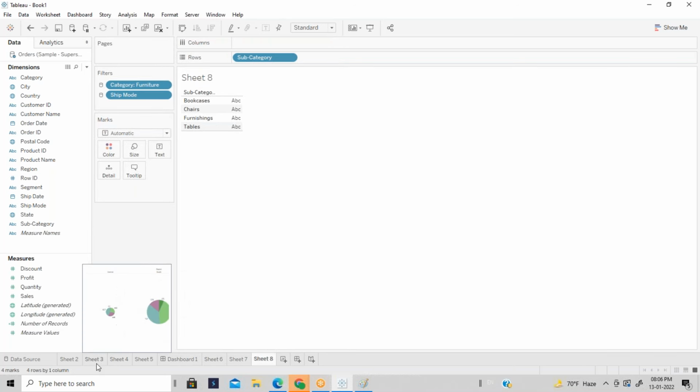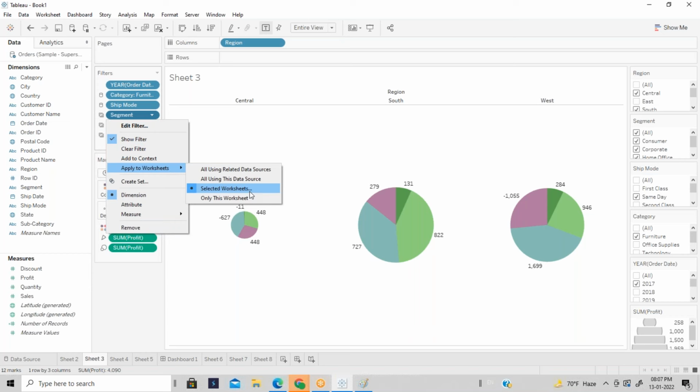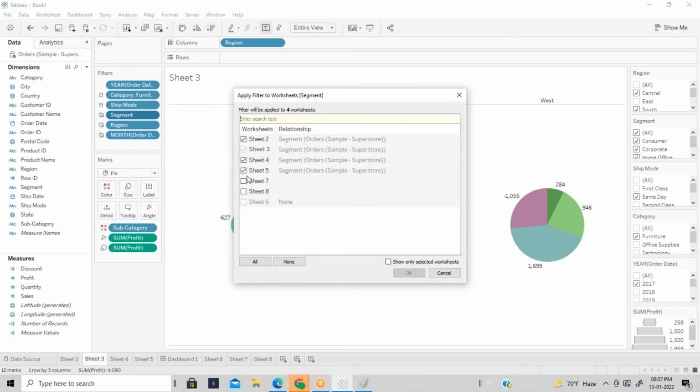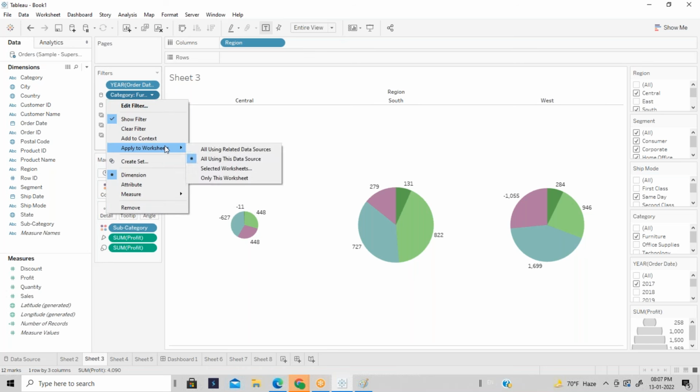So when it is a data source level filter, even though tomorrow if you are trying to create new sheets or a new report, those filters will reflect into the new sheets as well. You need not do it again. If it is the sheet level, what will happen? If you apply to the selected worksheet, then if you try to create new sheets again, you have to apply that. To avoid that, if you think that many changes may come in future, then you can go with the data source level filter, where you can select apply worksheet using this data source.